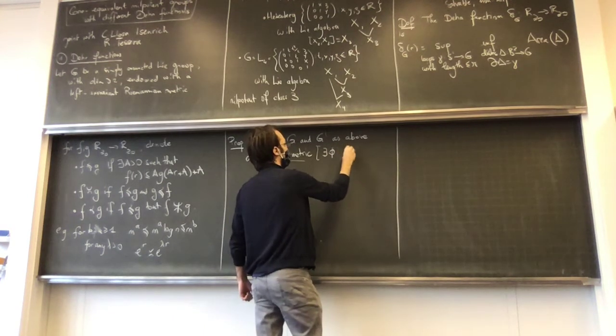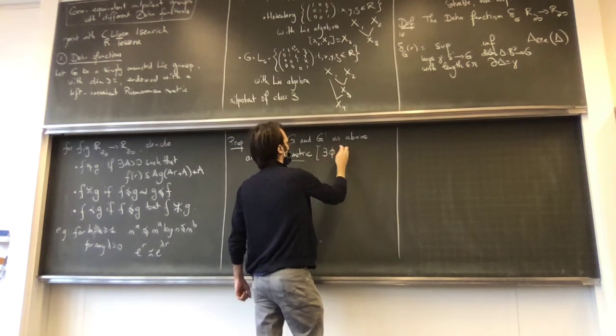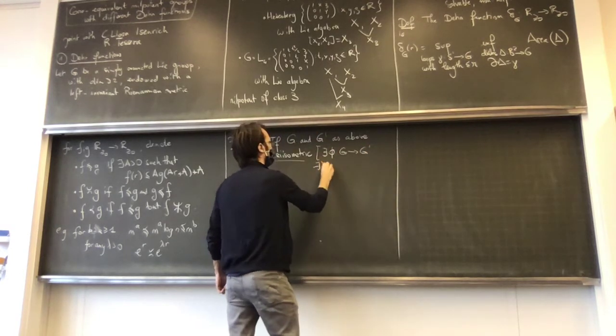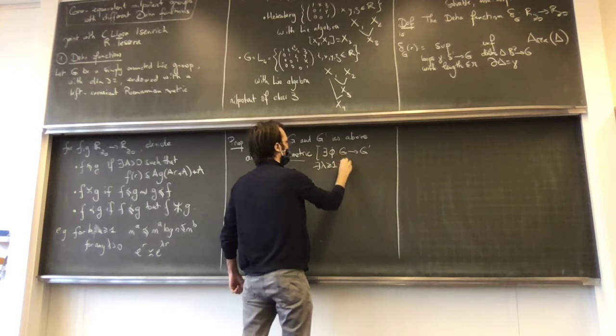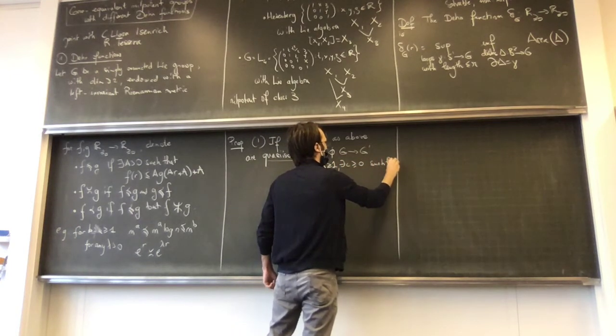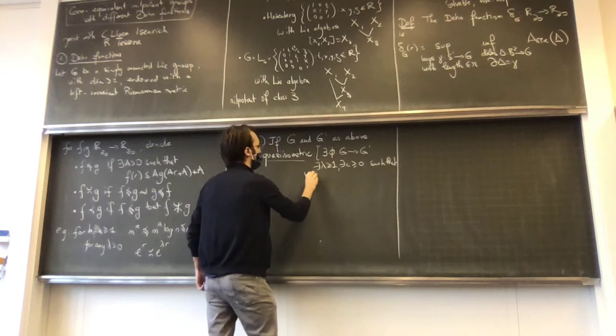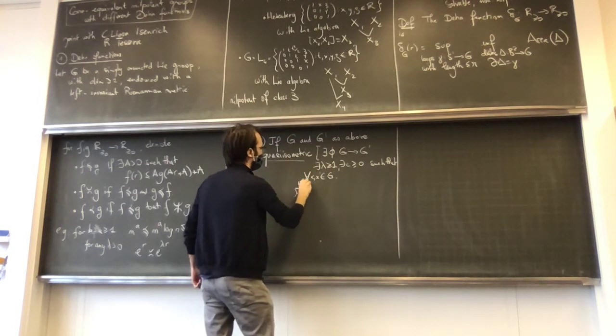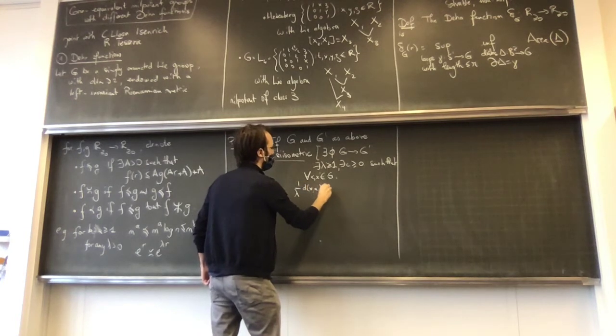So it means that there exists a function phi from G to G prime, and there exists lambda greater or equal to 1, such that for all x prime in G, 1 over lambda x prime minus c